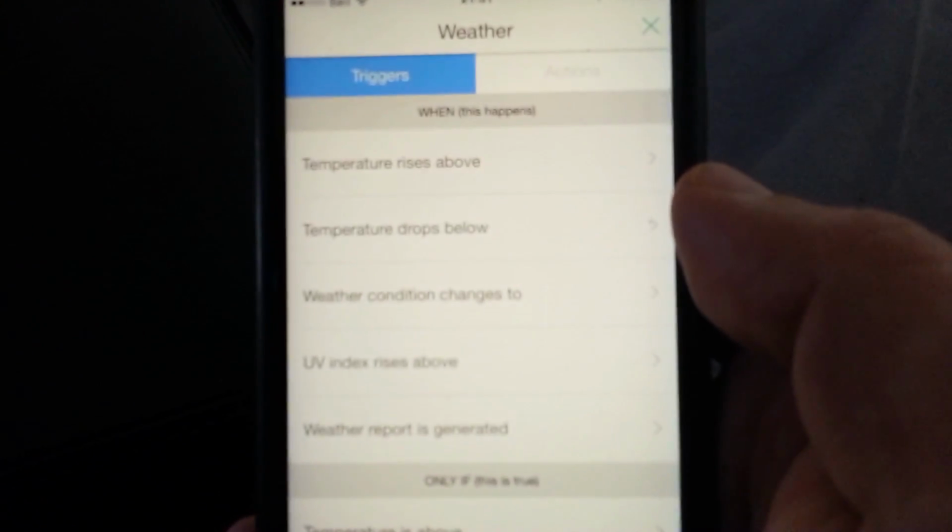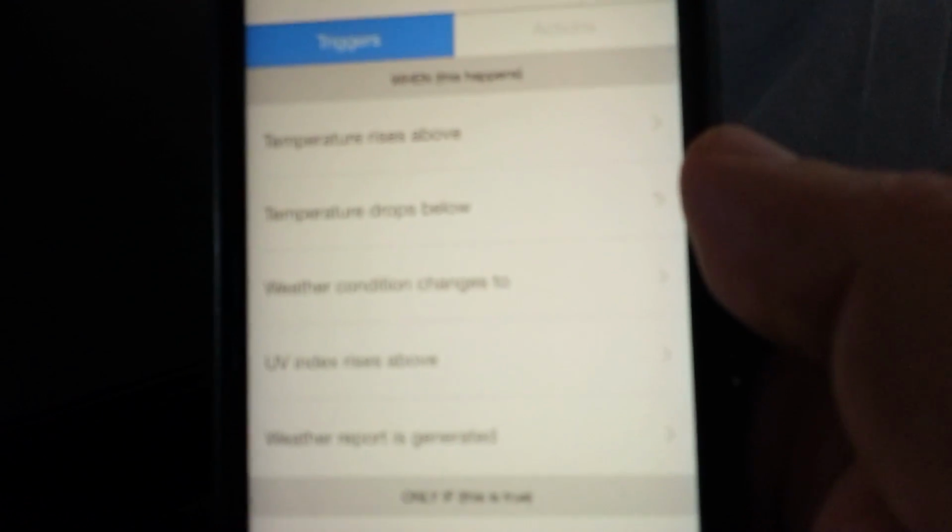Here you can set up the weather how you want it. Let me see, why is this thing not focusing? Okay, so there you go. So you have different possibilities here, like you can select if the temperature rises, if the temperature goes below a setting, if the UV index changes,